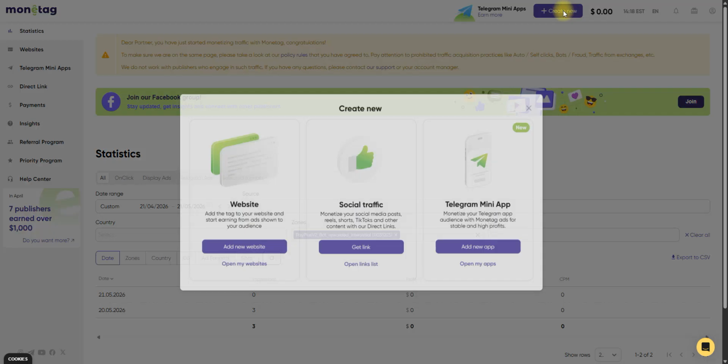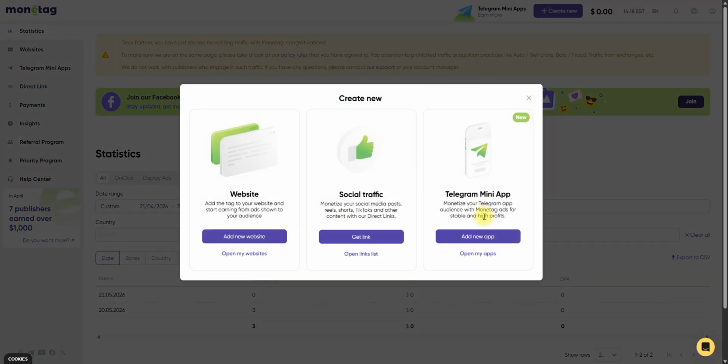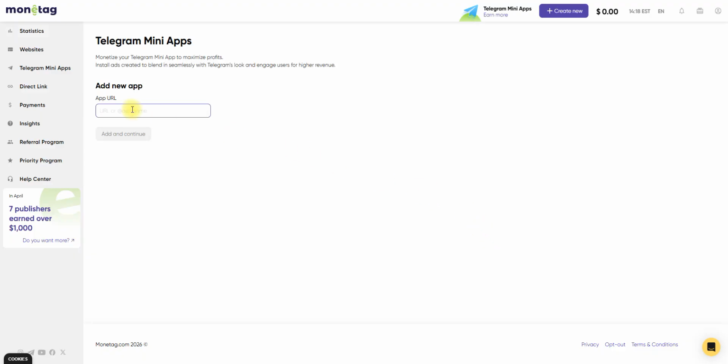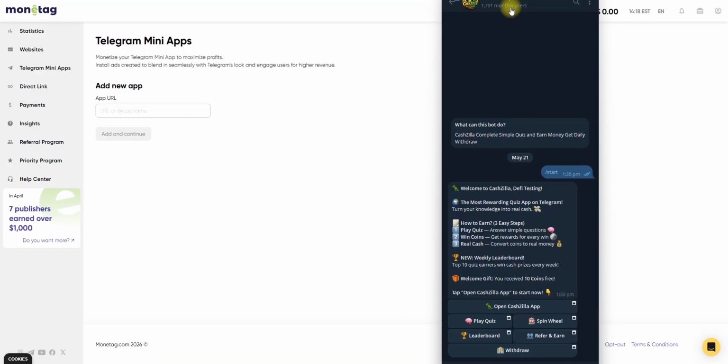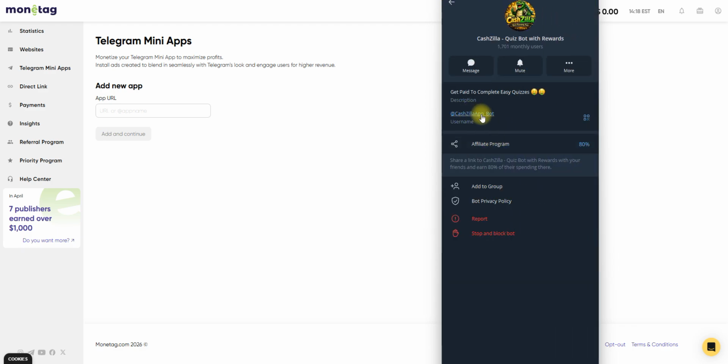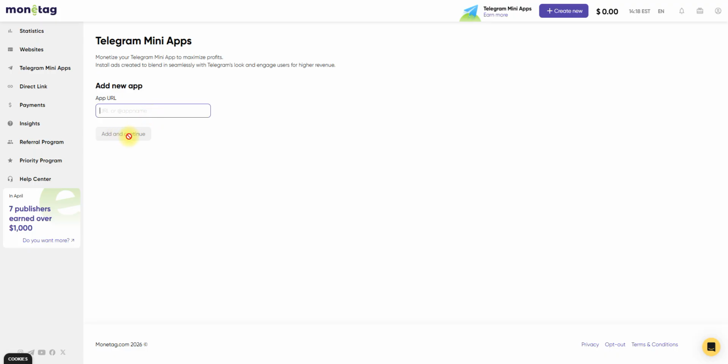So in the create new button, you have to choose Telegram mini app, add new app, and then you have to write the Telegram mini app name, like the username. If we use this bot name here and add and continue,